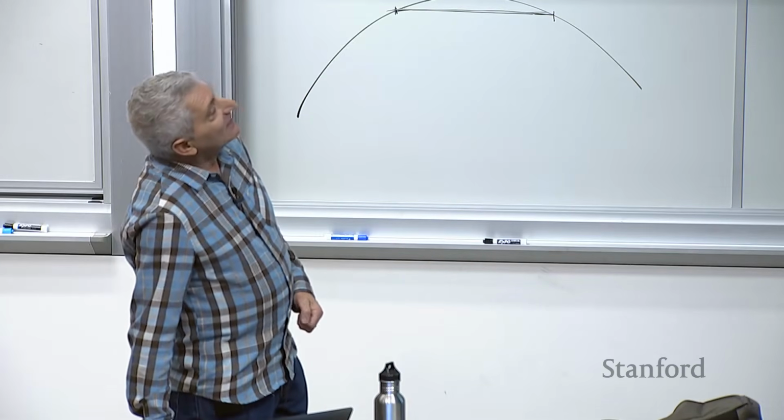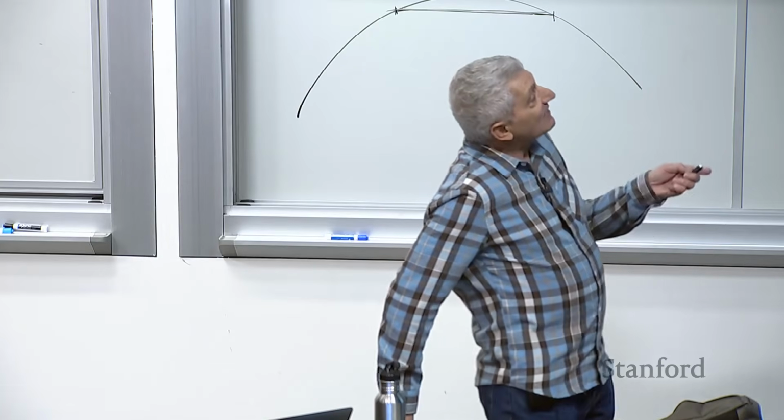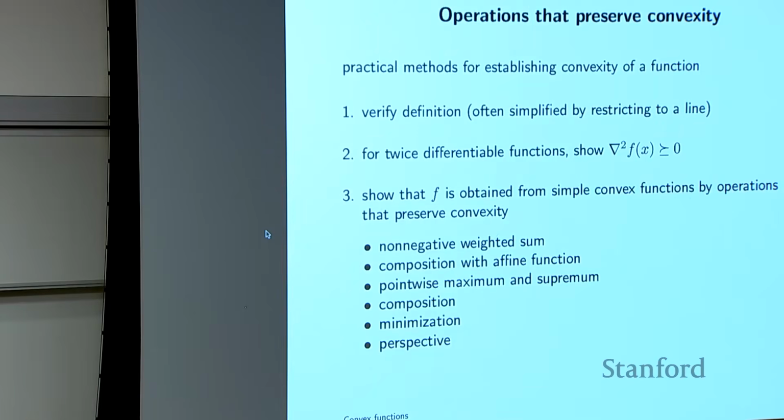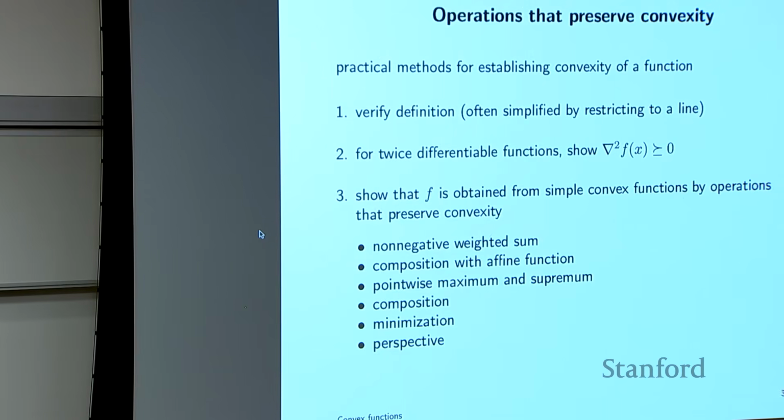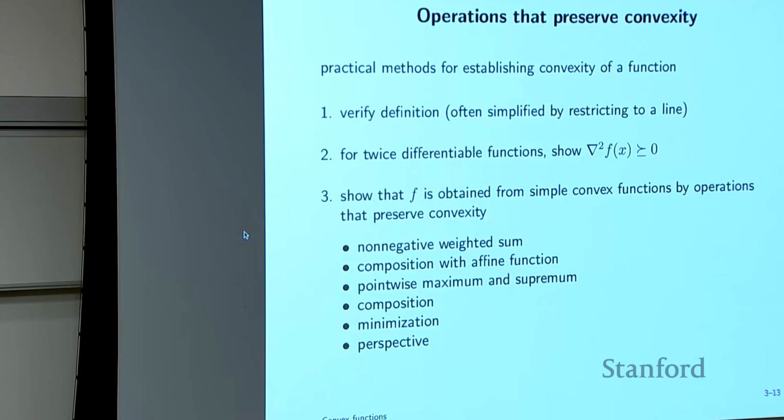Okay, so let's go over these things. How do you find out if a function is convex? Well, every now and then, extremely rarely, and you should do this only if you're absolutely pushed, if you have no other option, it's basically, okay, let x be in the domain, let y be in the domain, let theta be between 0 and 1, f of theta x plus (1 minus theta) y, and then a lot of math and argument and stuff like that. So don't do that if you can avoid that. Okay. If it's twice differentiable, you can compute the Hessian. Okay. You know what? Don't do that either. I mean, unless it's something super simple, right? But generally speaking, that's not the right way to do it.